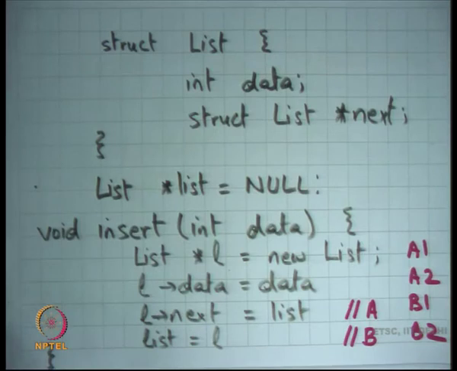Also, I've said that this is insert, but let's say there's another function called delete. Once again, delete will have some similar code that will involve two or three pointer manipulations before it gets complete, and so you may want to serialize not just inserts with respect to each other, but also insert and delete. So it's not just insert versus insert, it's also insert versus delete. All these things need to get serialized with each other.